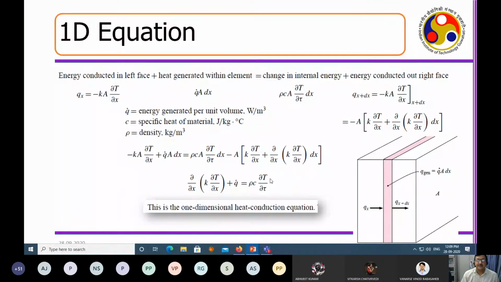this will become a parabolic equation. If I put this part to 0, this will become an elliptic differential equation. And if q dot and rho Cp del T by del tau are 0, then this will become a Laplace equation. Whereas if this is 0, then these two will compose a Poisson's equation. So you can straight away see the equations that you have studied up to this point in different types of mathematics courses or solid mechanics or different types of mechanics courses. You straight away see some of the applications that are coming out in terms of heat transfer.